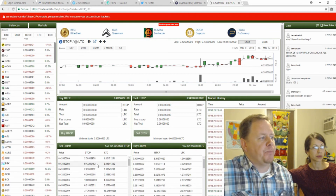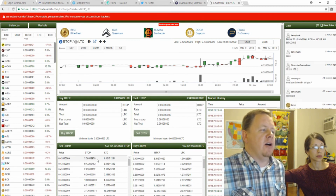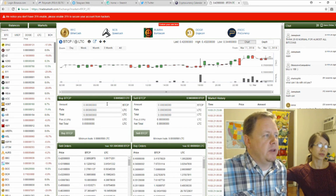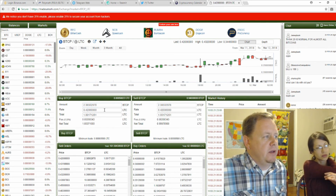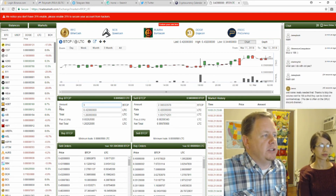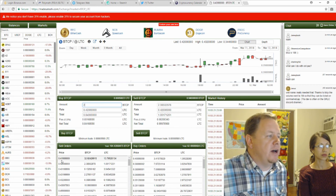Right down here is the sell orders. These are the orders that you can buy right now. If you wanted to buy in Litecoin 2.3 Bitcoin Private, you would type in here. You could easily just click on this and it'll fill it all in, as you can see. Or you can determine how many you want to buy. If you want to just buy 2 there, and buy them at this price of 0.419